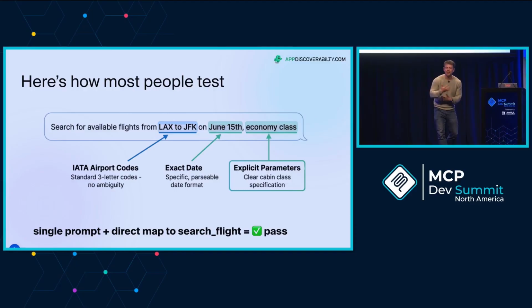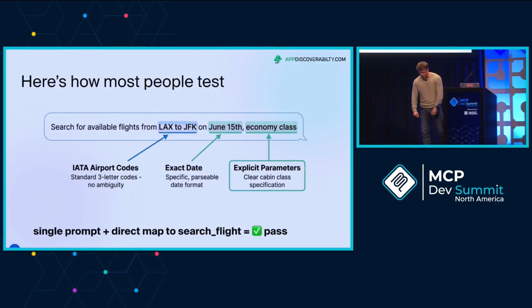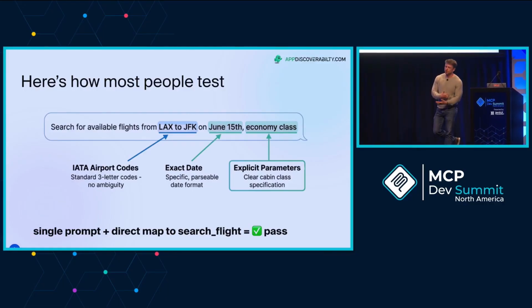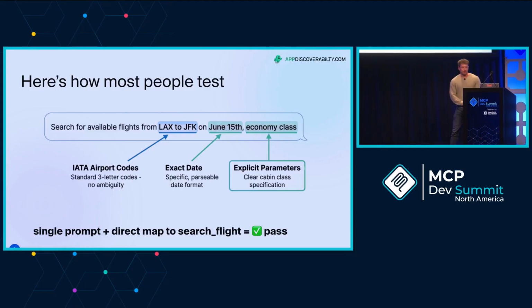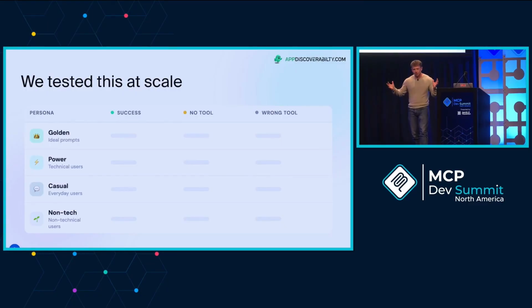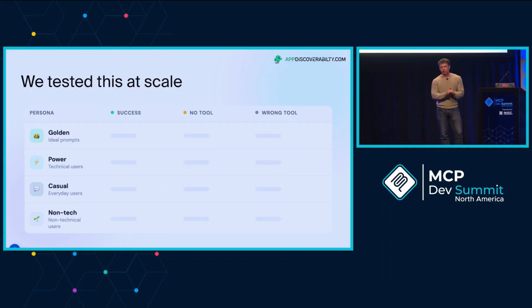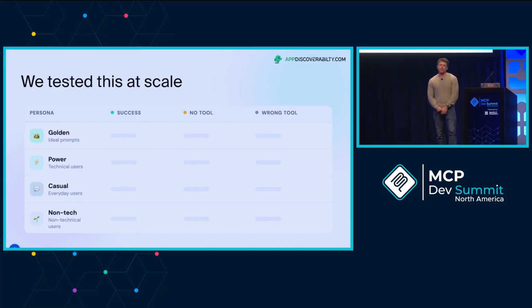And even if you create indirect or negative prompts, you're really not getting to how people are actually talking to LLMs. Now, you may be thinking, okay, well, these models are very smart. They can probably reason, even with poor prompts. We did a little bit of testing, and we looked at 4 different personas: a golden prompt persona, a power user, which is very to the point. They really use the right words. And then we took steps away to people where they started to get less and less correct. With a non-technical user, they're using incorrect terms. They're all over the place and very vague.